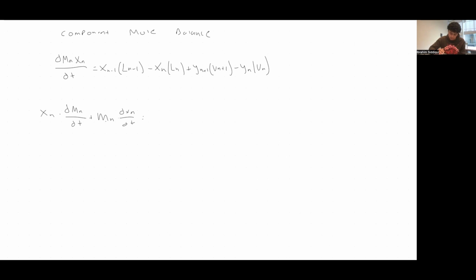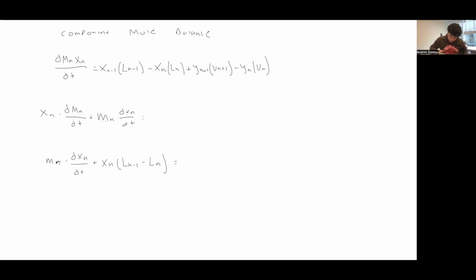But for time purposes, we're looking at the left-hand side right now. We want to rewrite the left-hand side and rearrange it using the product rule. So we're going to substitute our holdup balance to eliminate the term from the expression on the left-hand side. Let's see what this looks like after doing that. We get M_n multiplied by our change of x_n, the mole fraction, over dt, plus x_n multiplied by L_{n-1} minus L_n. Again, this is our left-hand side. We're going to want to simplify this again, isolating our